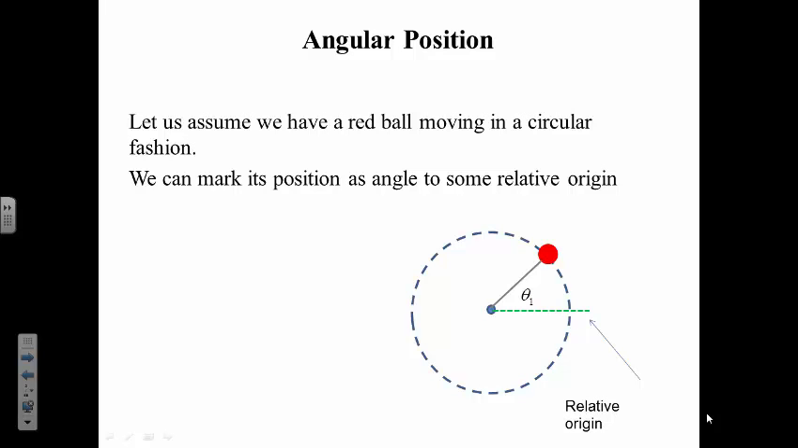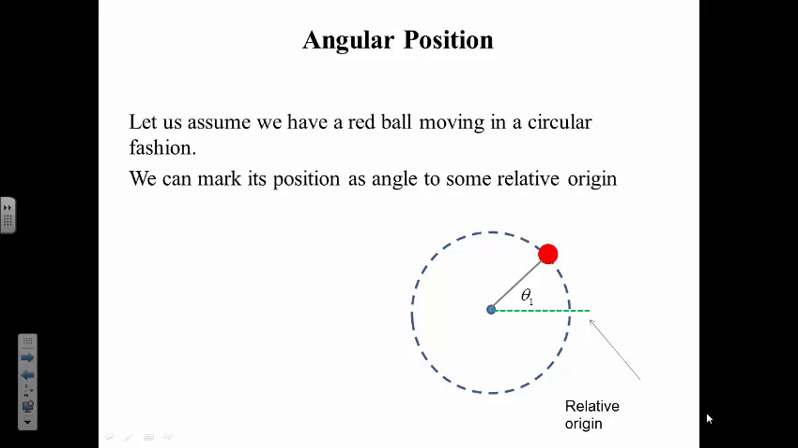Alright, so in this video what we want to examine is rotational motion. So what we want to do now is build a set of kinematic equations that help us describe the rotation of an object about its central axis. So the idea is whenever we want to talk about rotation, we need to talk about how the object is